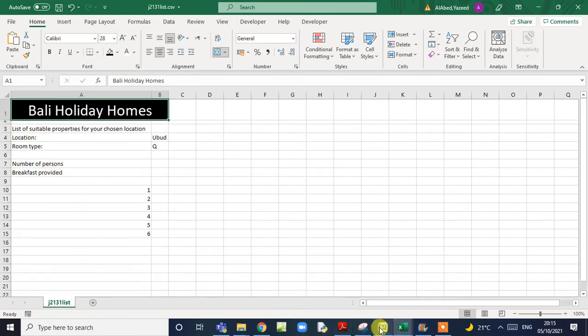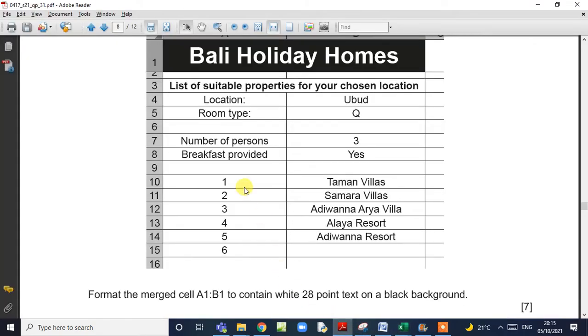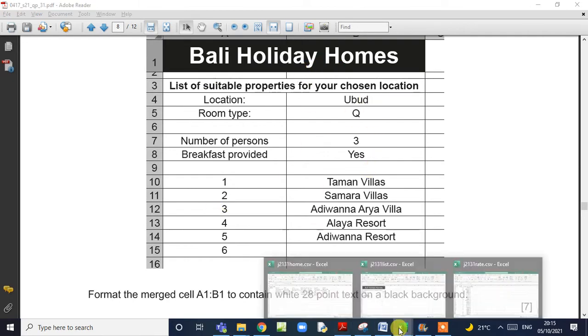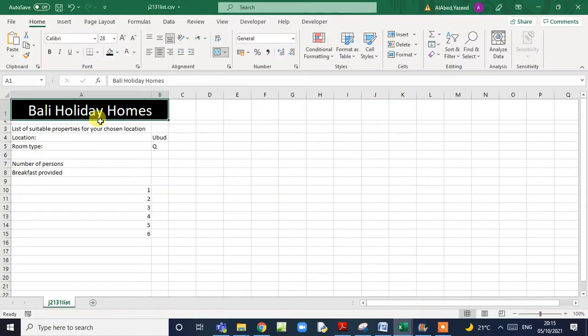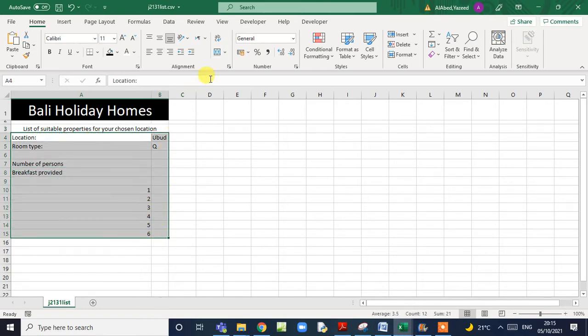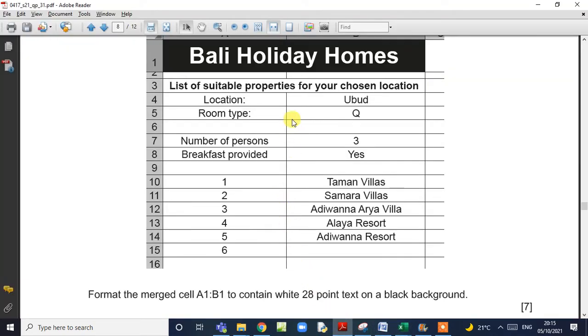Okay, then the data right here will be centered, and this is merged A3 to B3. A3, B3, merge, and everything here should be in the center as shown in here. Okay, now